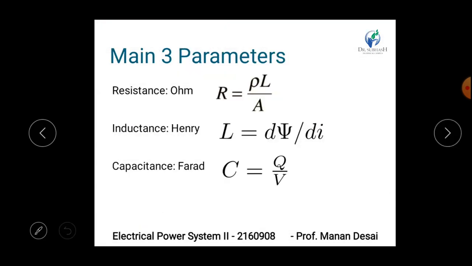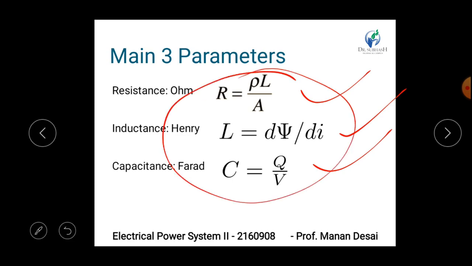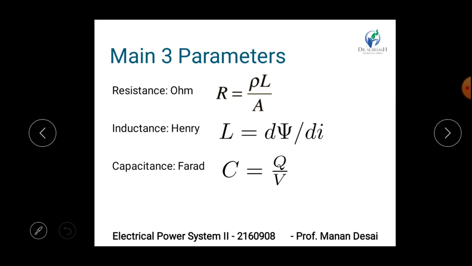Before we discuss the transmission lines and their parameters, we should look at the three basic parameters. We can say they play the lead role in this picture. The transmission line model is built by these three parameters. First, resistance is equal to rho L by A, in ohm. Then inductance L is equal to d psi by di, in Henry. And capacitance is equal to Q upon V,